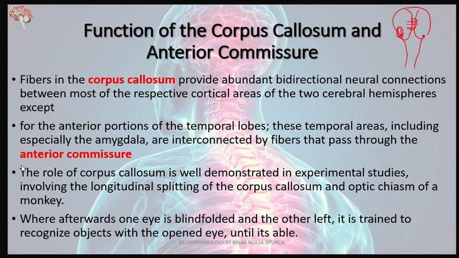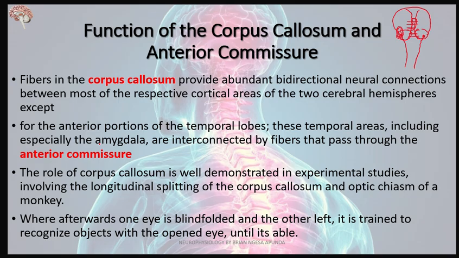So we are suggesting that we have two types of communication: the corpus callosum and the anterior commissure. The anterior commissure will be majorly connecting the temporal areas. Fibers in the corpus callosum normally provide abundant bidirectional neuronal connection between most of the respective cortical areas of the two cerebral hemispheres. Apart from the temporal regions, remember the temporal regions are on the inferior part, so for them to be connected, they rely on this other connection regarded as the anterior commissure,